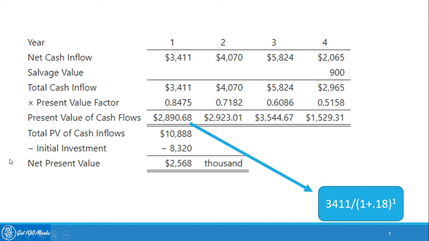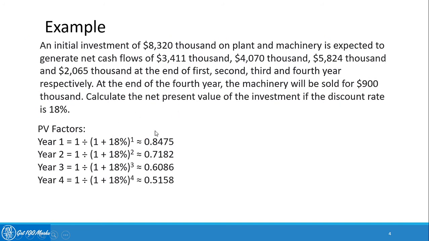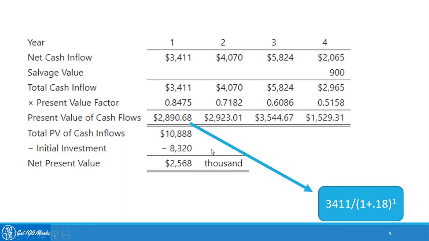So the total cash flow across the first year till the fourth year is what is given here. For year 1, year 2, year 3, and year 4, when salvage value is added to the cash inflow, that goes up by $900. Now into the present value factor. We have just multiplied the present value factor that we calculated here to arrive at the present value of the future cash flows.